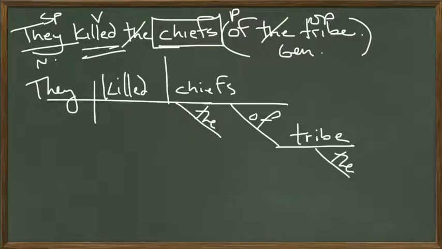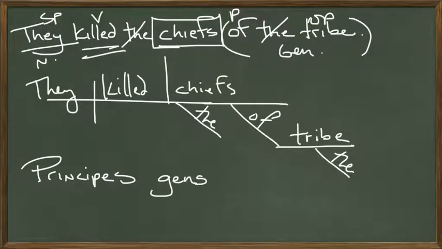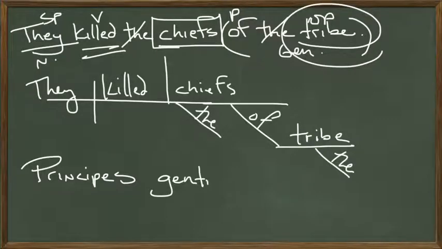All right, so now all we've got to do is put this into Latin, and we're going to move the verb to the end. So let's start with chiefs. Chiefs in the accusative plural is principes. Now, of the tribe: tribe is gens, but the genitive of tribe is gentis, which means of the tribe. So we will add all endings to the root word, which is gent, which we find by dropping the genitive ending. And since it's of a singular tribe, we actually go right back to the genitive singular. So princeps gentis,